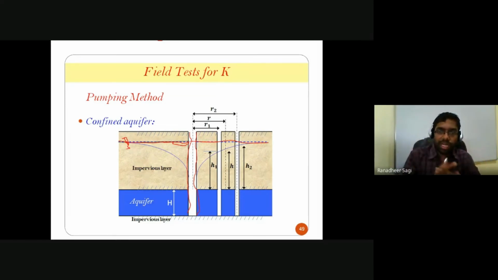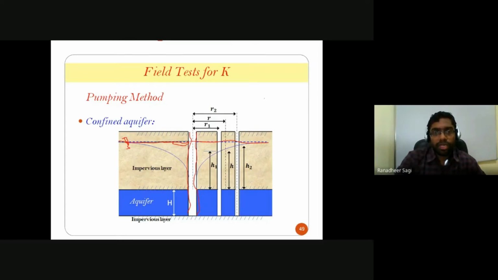In the process, when I am continuously pumping out the water from the borehole, water from the surrounding region starts flowing into the borehole. Now, what is my ultimate objective? The ultimate objective is to calculate the coefficient of permeability. Coefficient of permeability of which soil? The soil in which the flow is happening. Which is that soil in which flow is happening? Your aquifer. Now, I am trying to determine the coefficient of permeability of your aquifer layer. How am I trying to determine it? By making a borehole, I am allowing the water to enter into the borehole, and whatever water entered into the borehole, I am trying to pump it out.